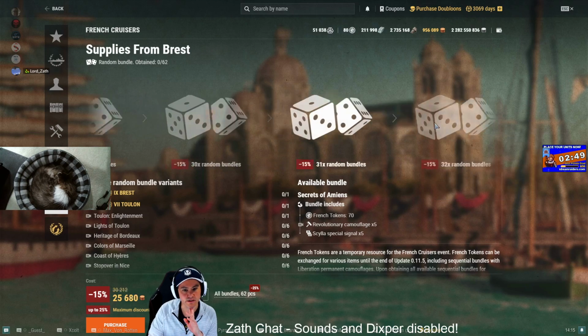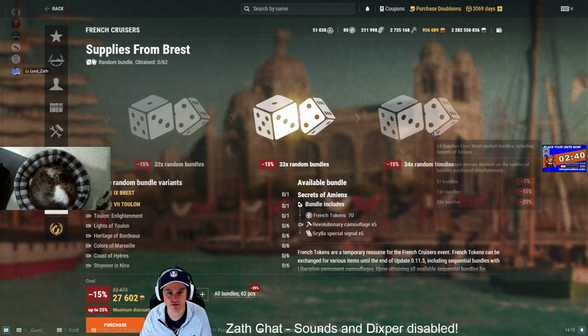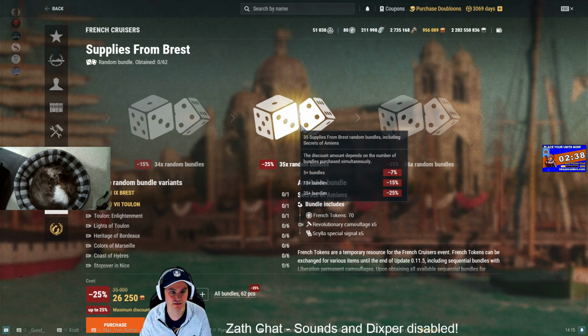Oh, I see. Okay, so it's basically if you buy 5 and above, it's 7%. If you buy 15 and above, it's 15%. And then 35 and above, you get a 25% discount. And you can see